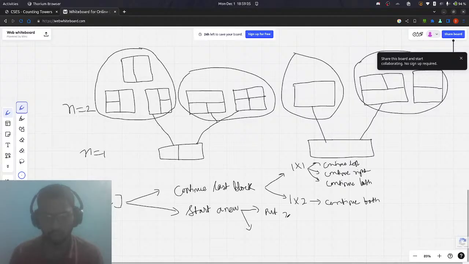Put two 1 cross 1 blocks or put a 1 cross 2 block. Okay, so this is the